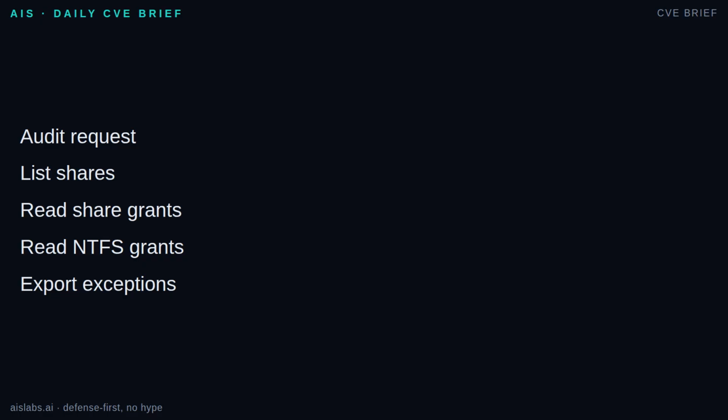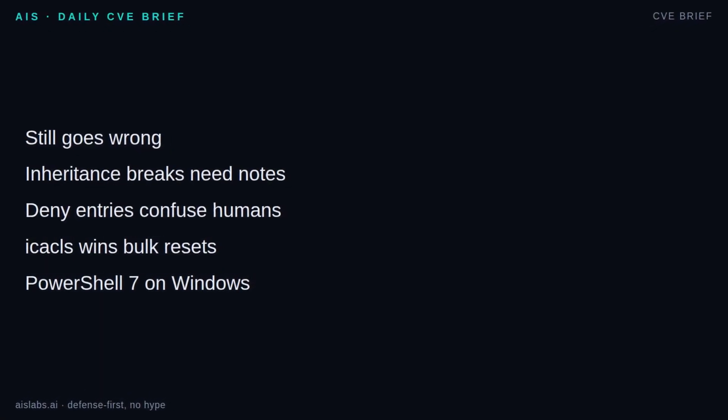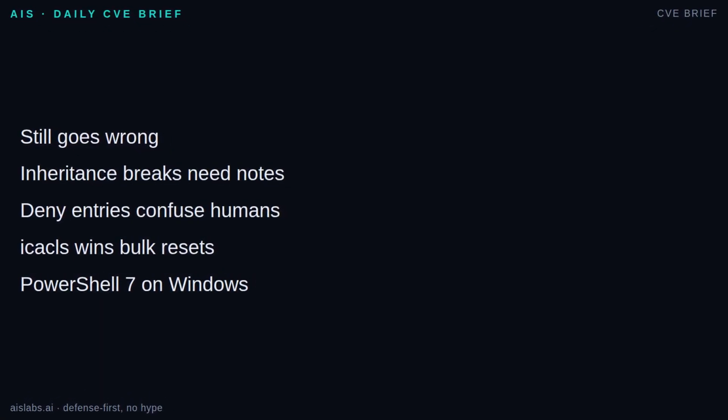Then walk the file tree under the share root and run Get-Acl for each item. Filter access where IsInherited is false. That report is your map of exceptions. Hunt for Everyone, Authenticated Users with write, modify, or full control, and identities that display as raw SIDs starting with S-1-5-21. Breaking inheritance is not just a checkbox, it is a design decision, and it needs a ticket, an owner,